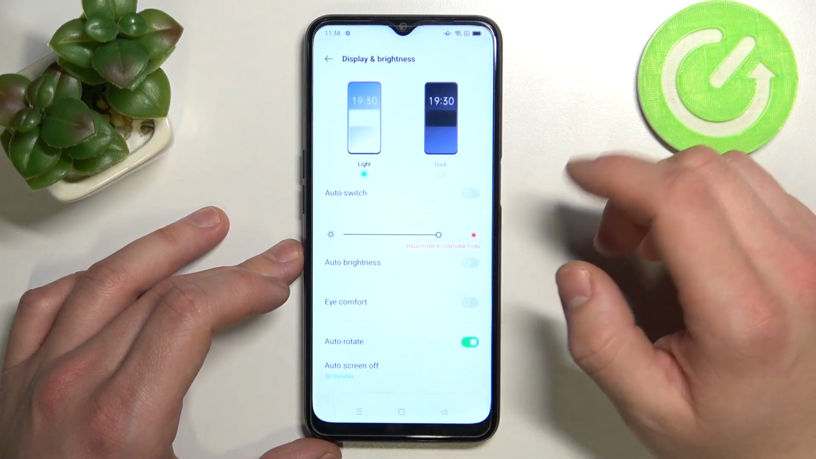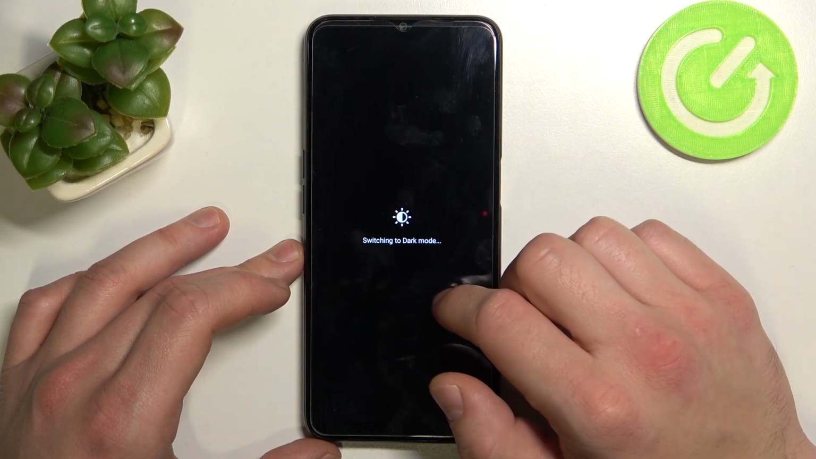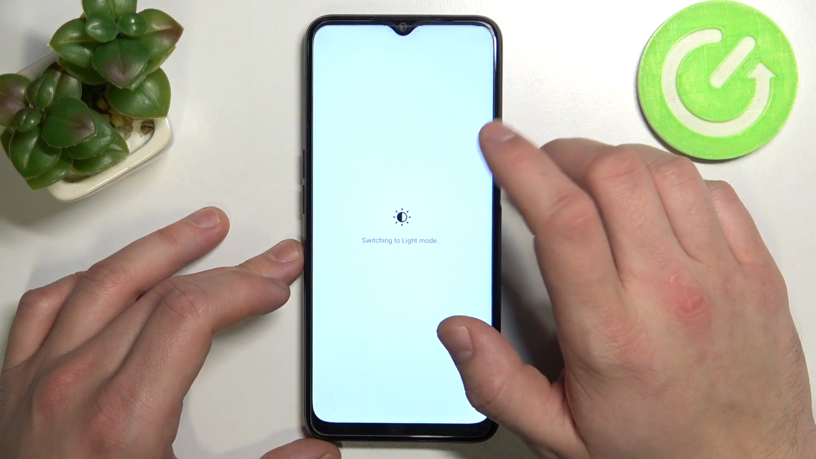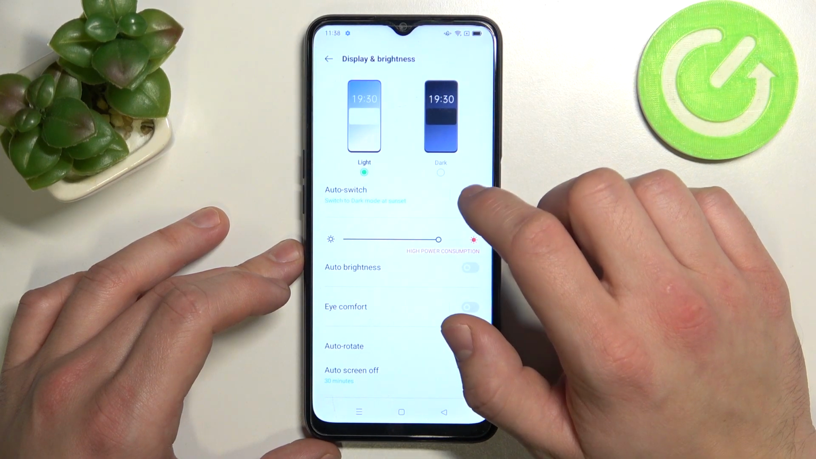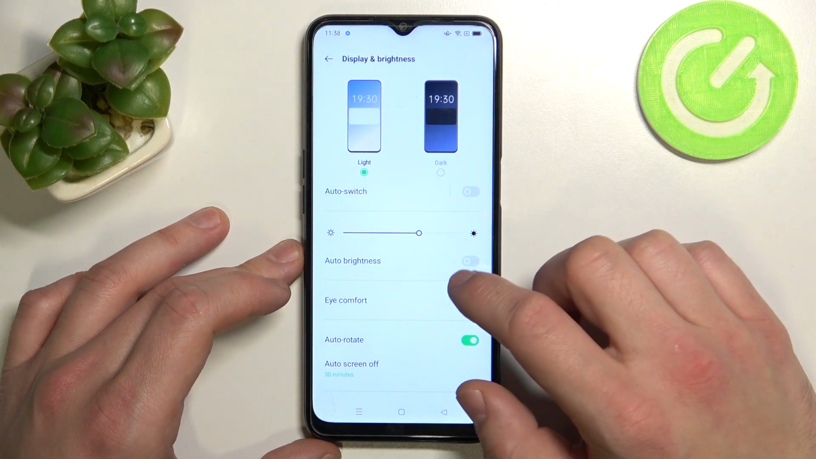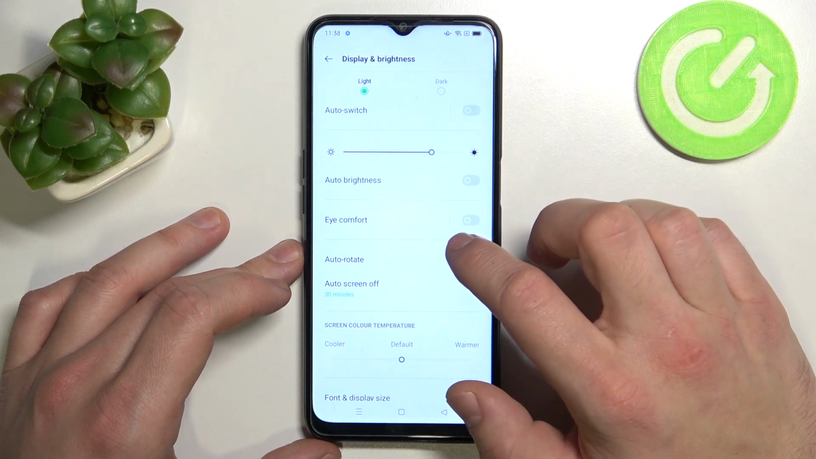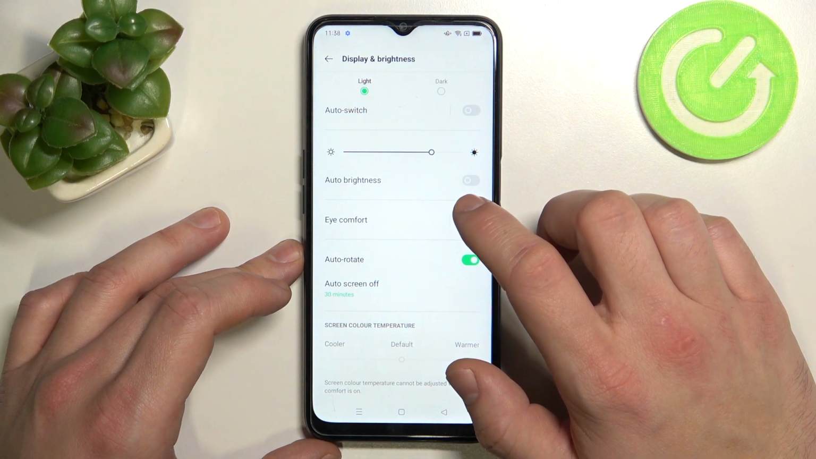Now, from this menu you can change between light and dark mode, enable auto switch, change brightness level, or enable or disable auto brightness. Then you can enable or disable eye comfort mode,